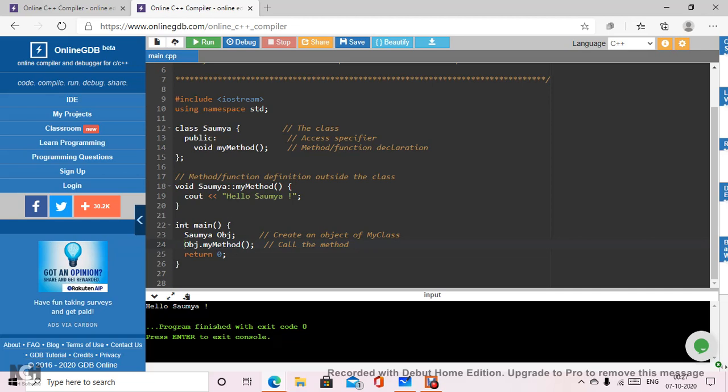Once we call the method, because it takes certain parameters, either that parameter should be provided or we have to call the method by passing the argument.